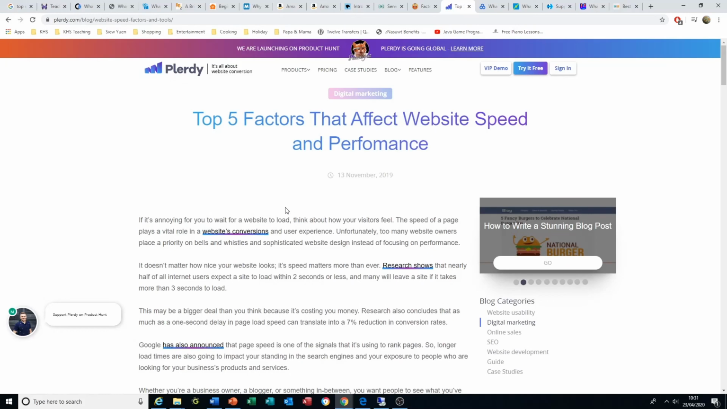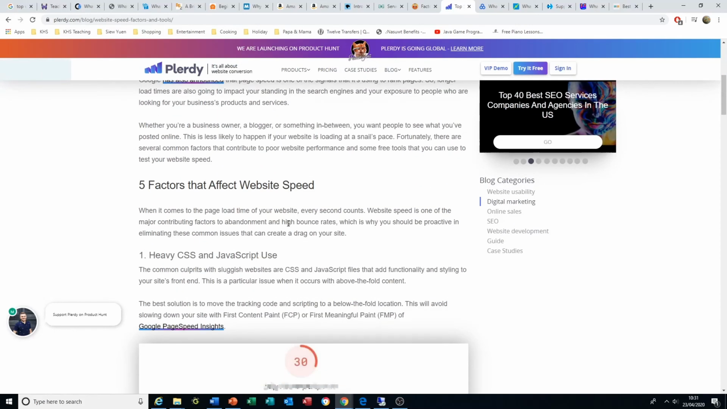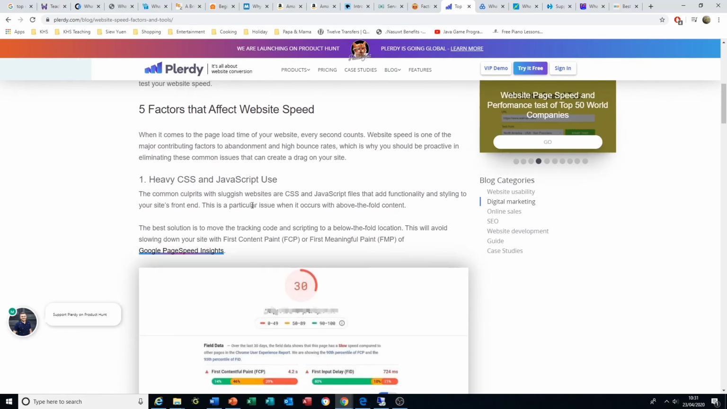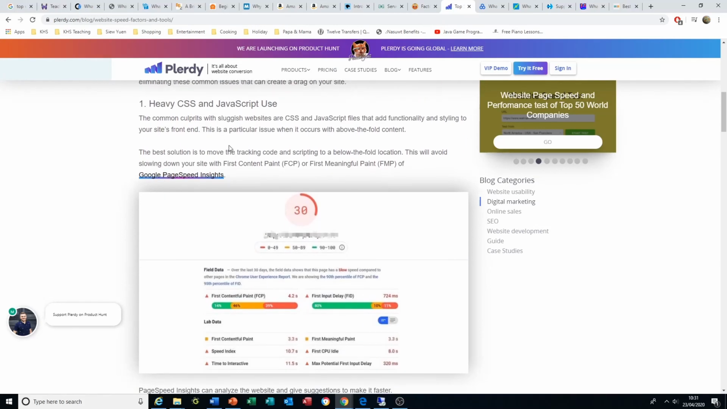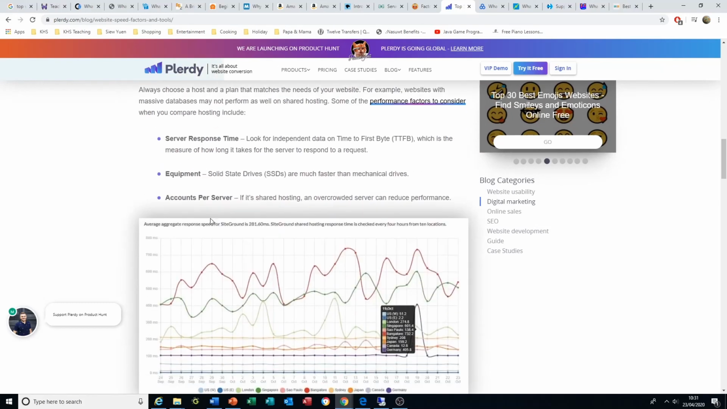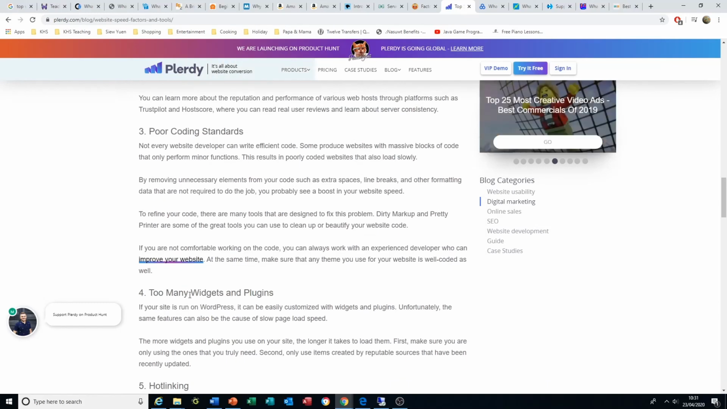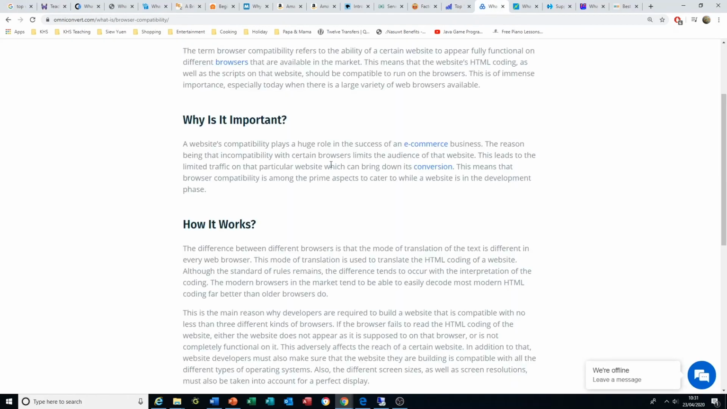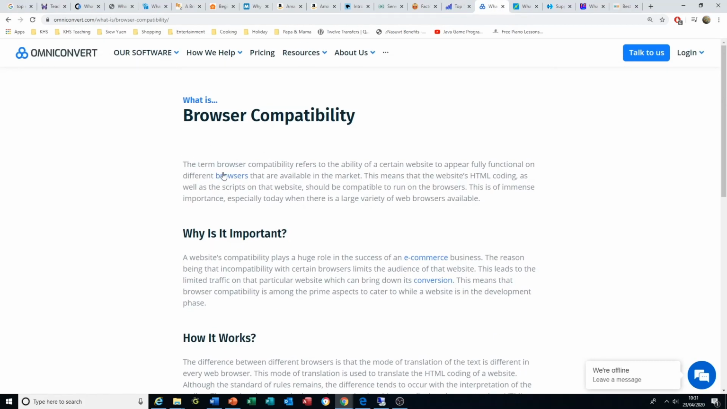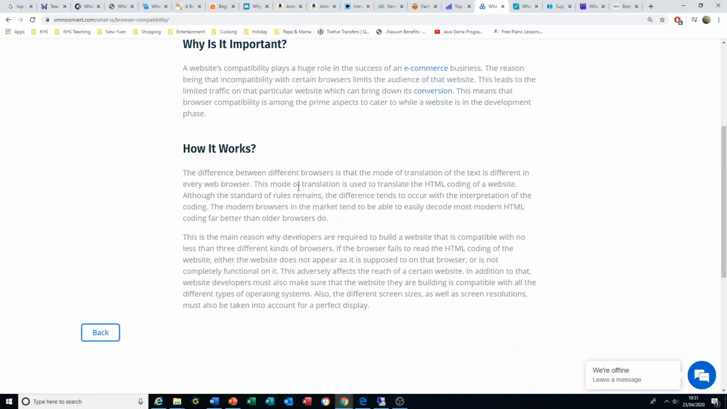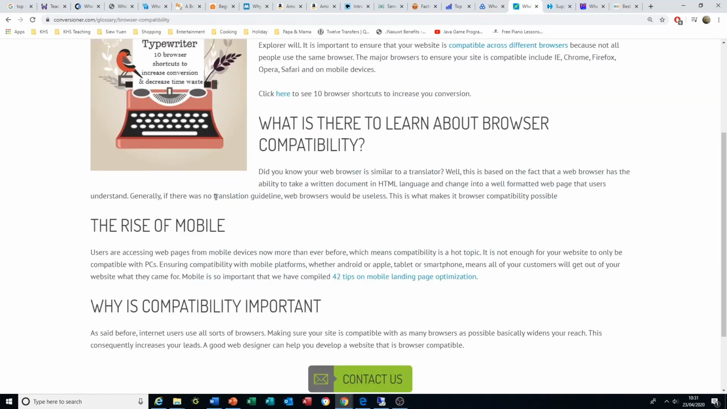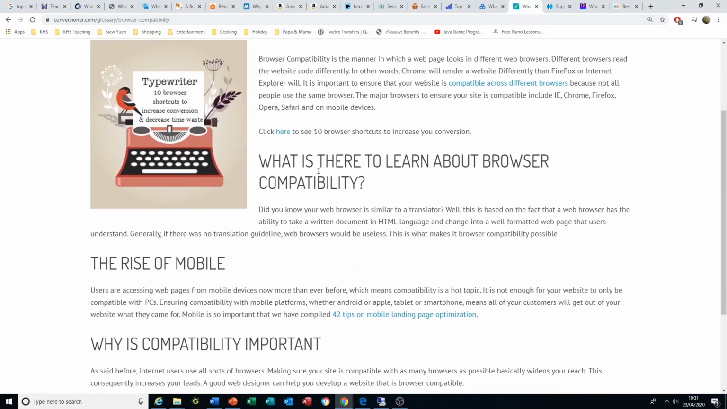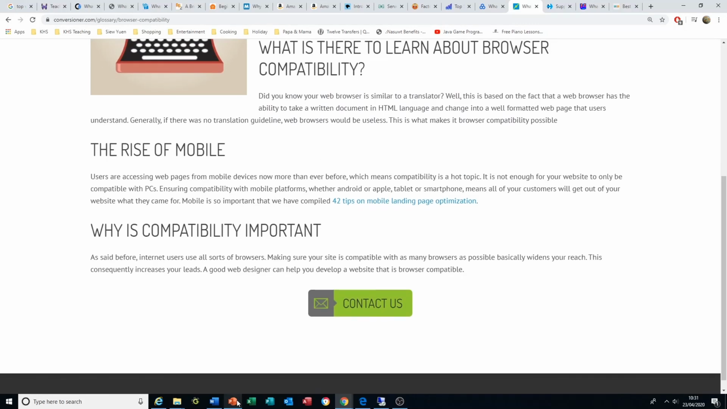Right, factors that affect the website speeds. There are five: you use too much JavaScript, bad server hosting, too many plugins. Now here, browser compatibility. What is it? Why is it important and how does it work? Read it and then you can describe it and then you can talk about it. And here